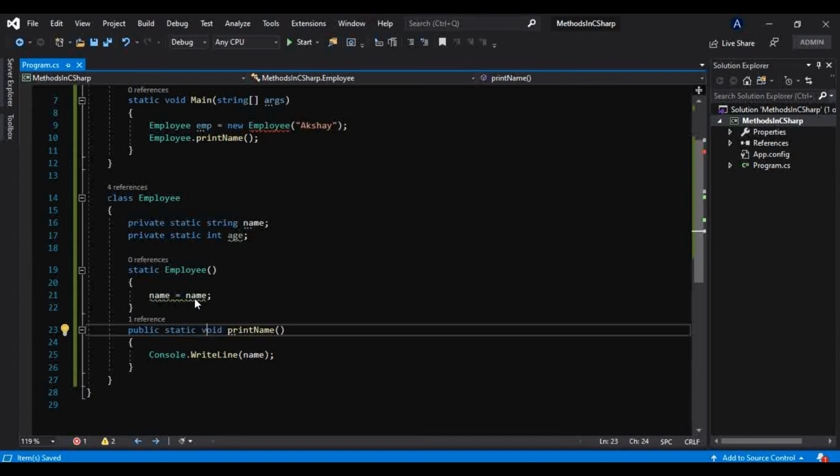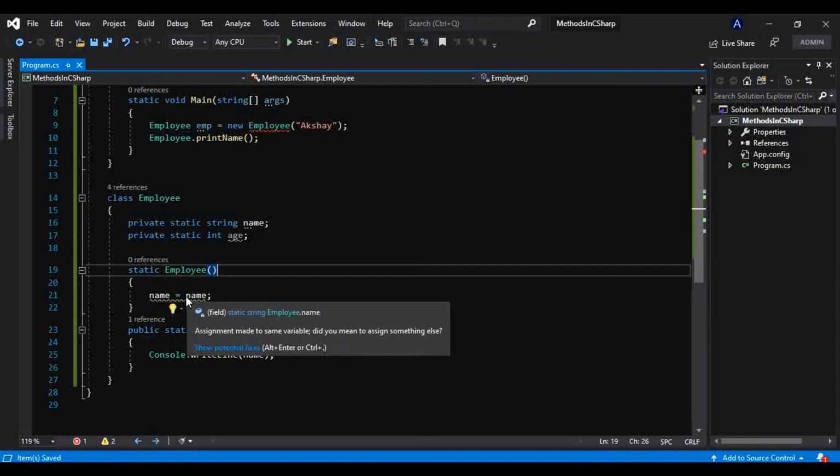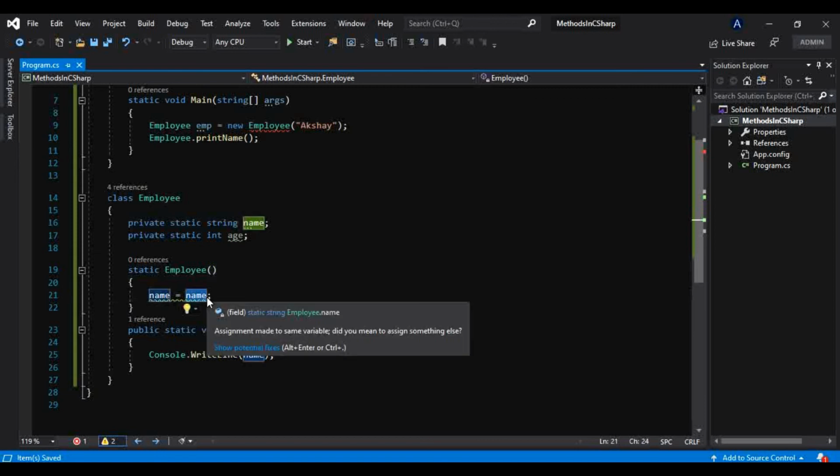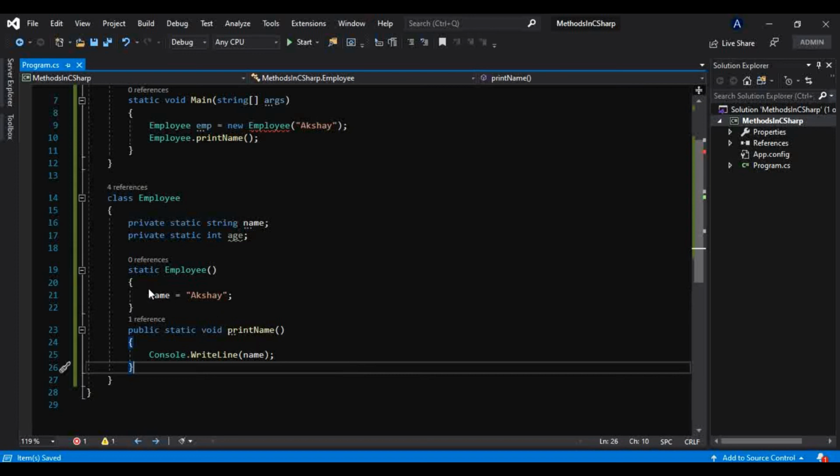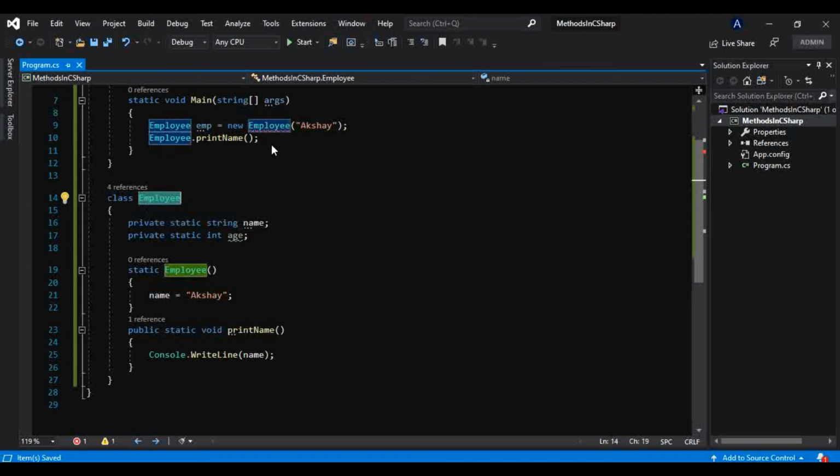Now if you make this parameterless, nothing is coming into this constructor, so we have to initialize whatever we want to. If I initialize this as Akshay right here, this Akshay will be shared by every object of this class. That is what I want to explain to you.